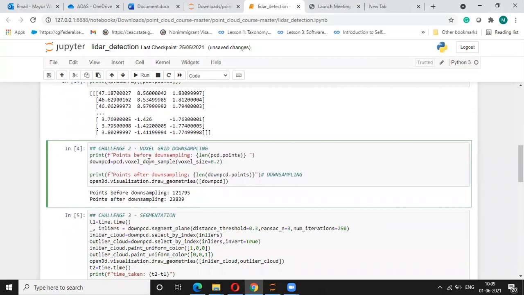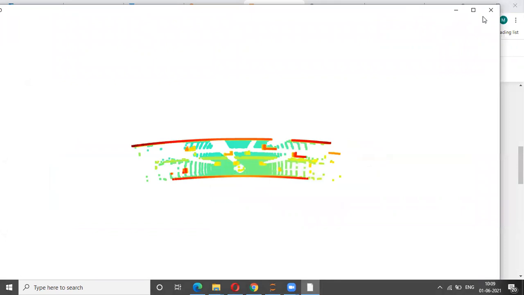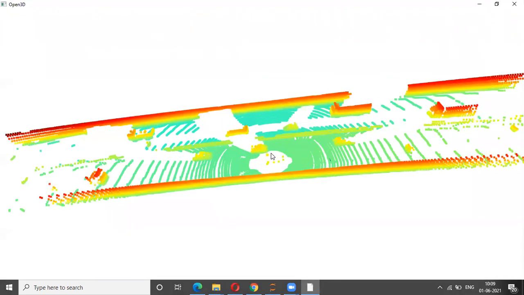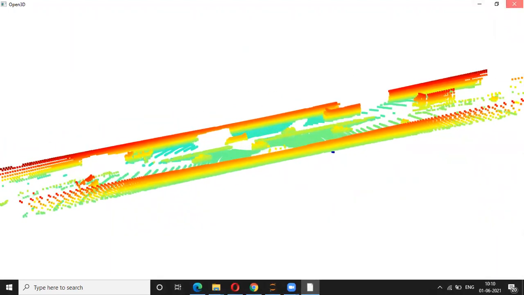Then the next thing, for improving the speed of computation, we need to apply the voxel down sampling algorithm, and that's something we are doing over there using this algorithm. So this is what I'm getting after down sampling.